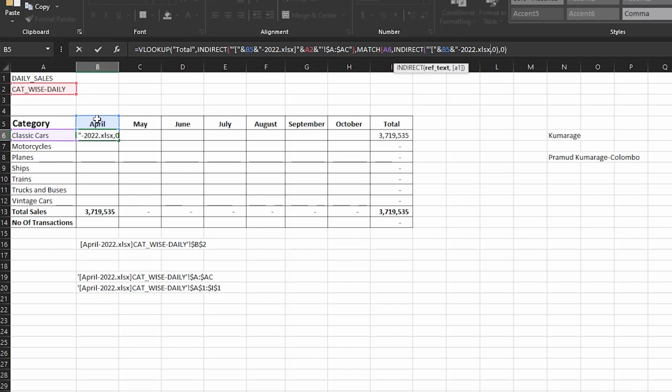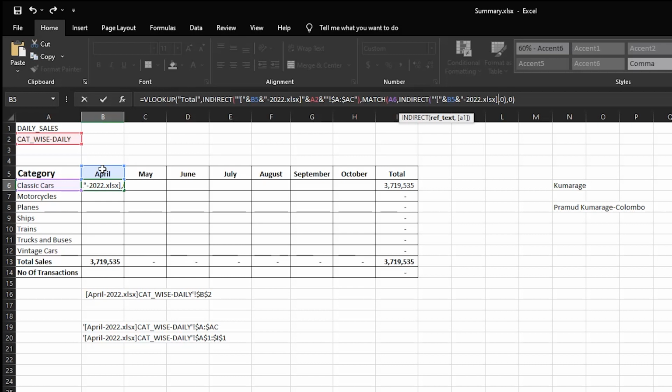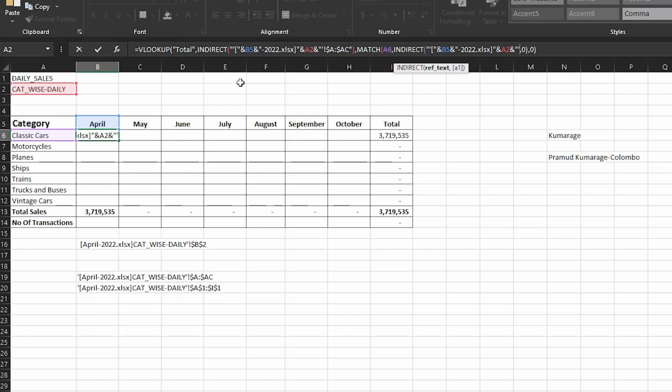and we are going to have a close square bracket, and we are going to close the string contents, then we are going to get dynamically the sheet name, and we are going to close it, and again we are going to set the other data as single quotes and this sign, and then a dollar sign 1,